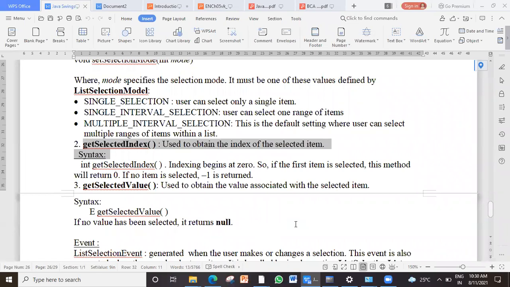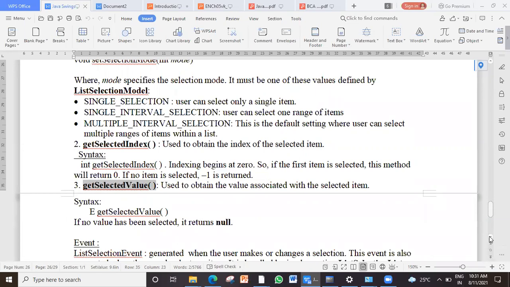So we used to check, get selected index and store it in one variable. If that variable is -1, display the message, you have not selected any item. Else, get that selected index. Now from that index, how to take a value? Third method, get selected value. You can directly access even the value which is selected. Display. Clear with that?